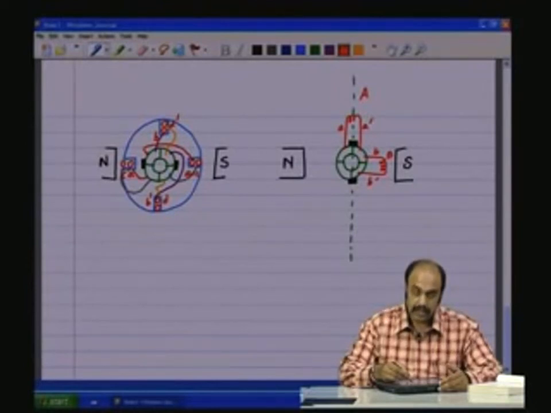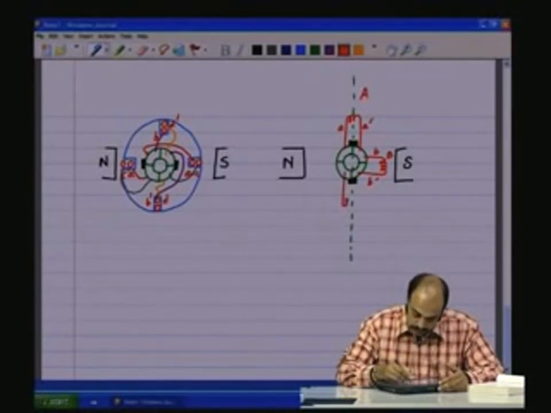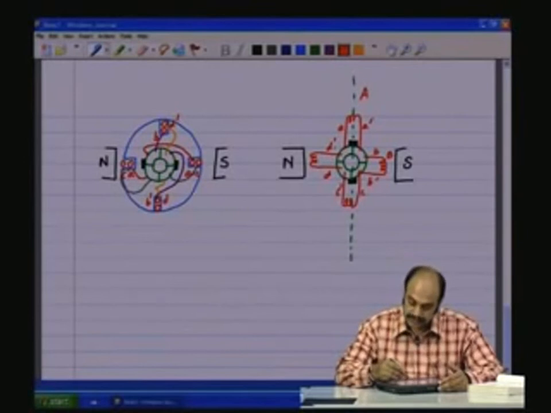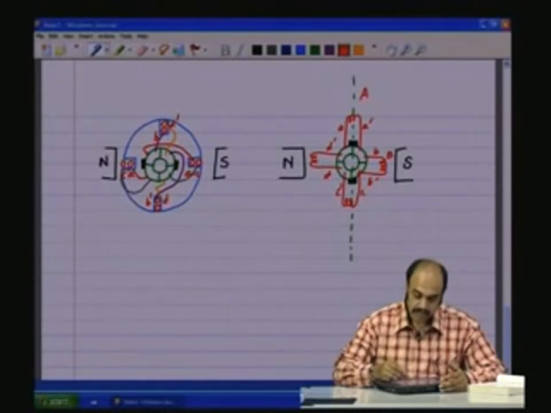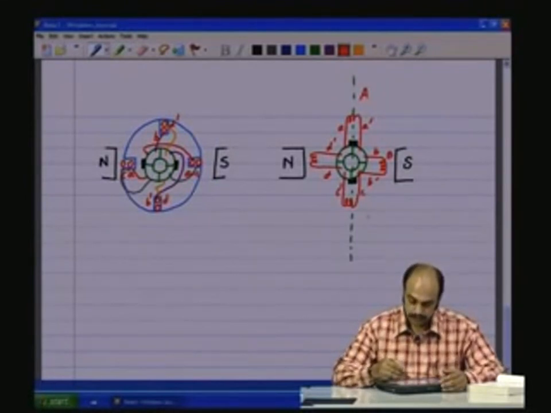Coil ends share the same commutator segment, then B dash, then you have C dash. B dash and C share the same commutator segment, and then you have D dash. But just be aware that B and B dash are two coil ends which are diametrically opposite on the core, but you are bringing them and interconnecting them in this fashion. This is much easier to understand from the circuit point of view.